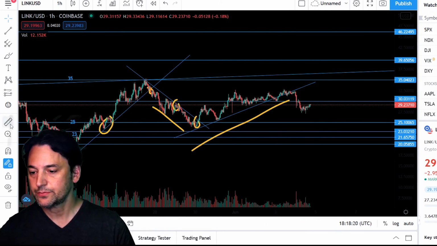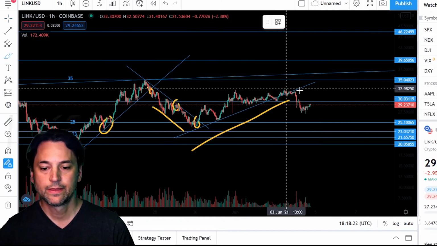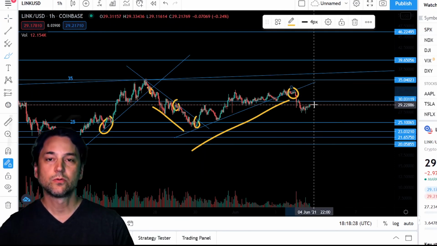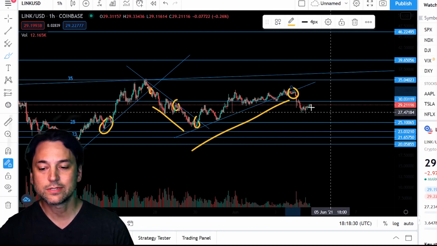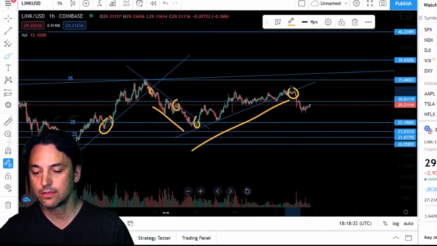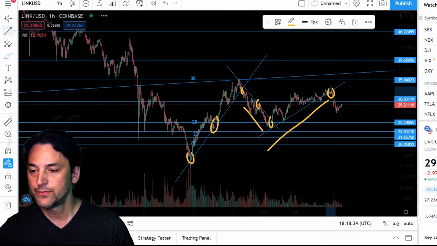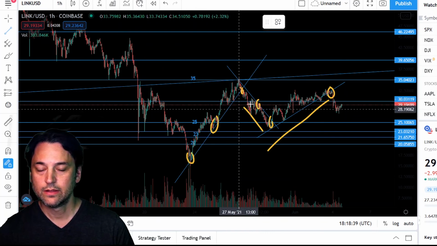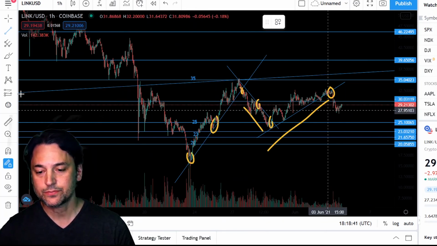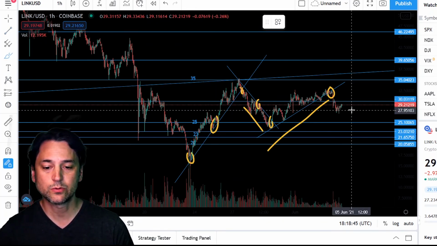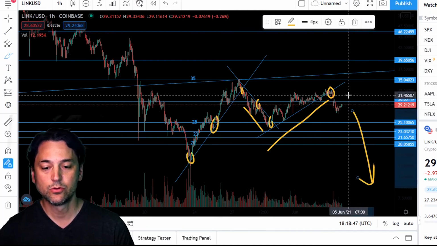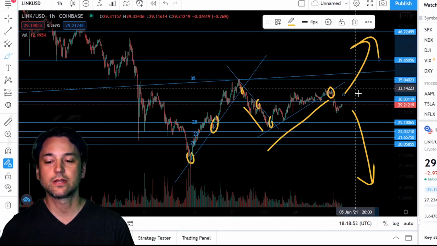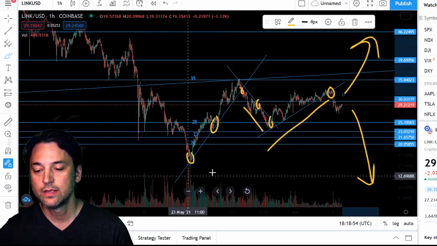which is, as of today, it broke off of this trend line, and so we'll have to see where it goes from there. In general, sideways. So is it just going to keep making these for a little while? Another thing that traders look at is, this is called a consolidation area. So once it breaks out of this area, which way is it going to go? Are we going to make a new low, or do we go up from here after the sideways consolidation? Well, that remains to be seen.